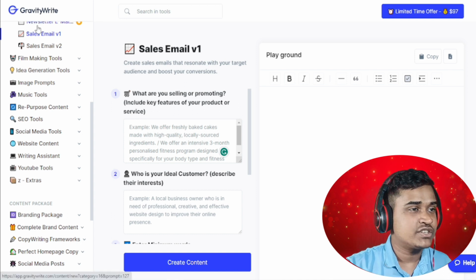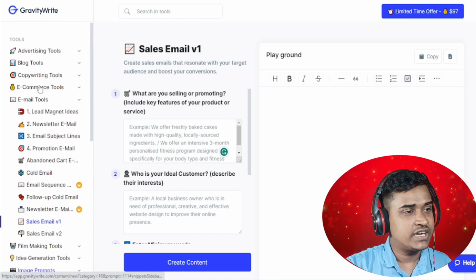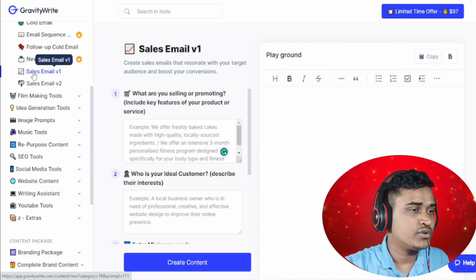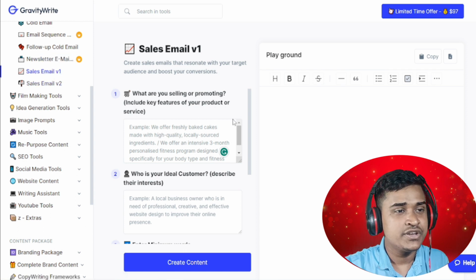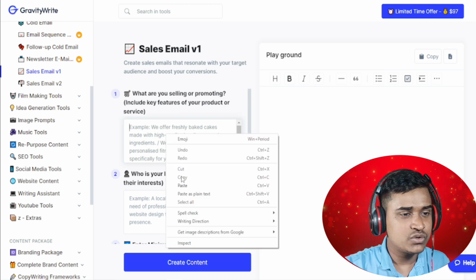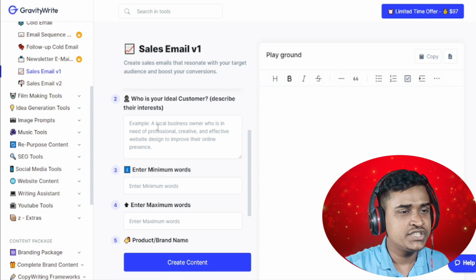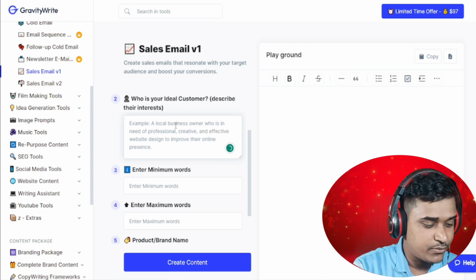So first go to gravityride.com. Then you can see there are lots of options. Today I am going to the sales email generator. Then, what are you selling or promoting? I want to promote a tool at creative. Then, what is your ideal customer? Then I select freelancer,